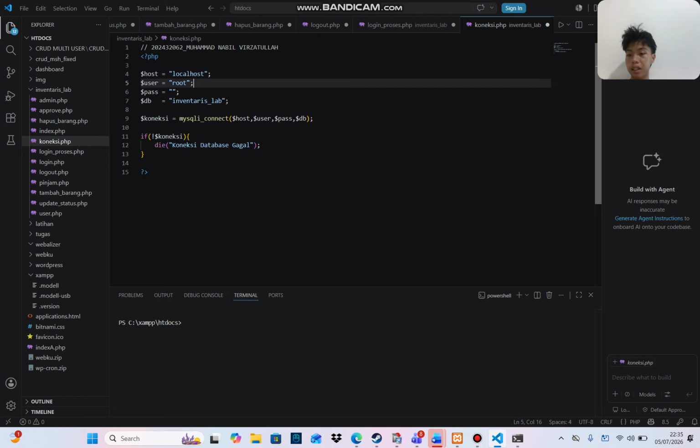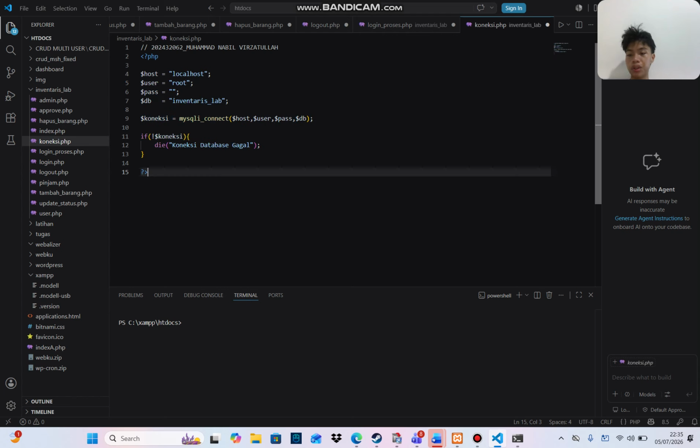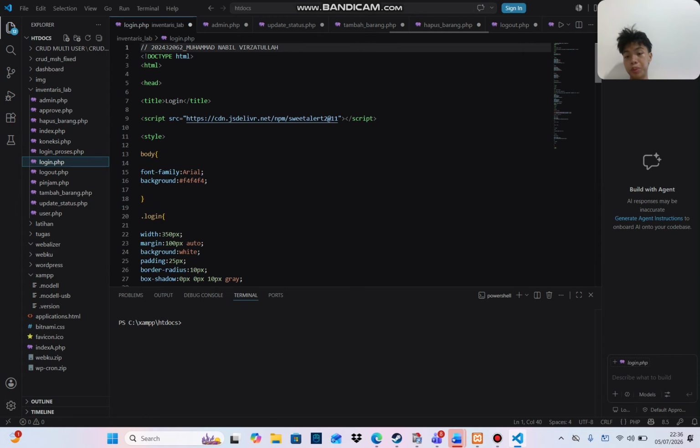Instead of writing the database connection on every page, we can place it in a single file, which is koneksi PHP. This code is already connected to XAMPP because this koneksi PHP uses localhost, root, inventory lab. This is my database.